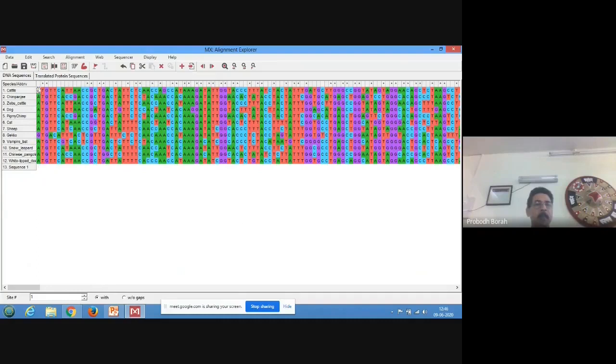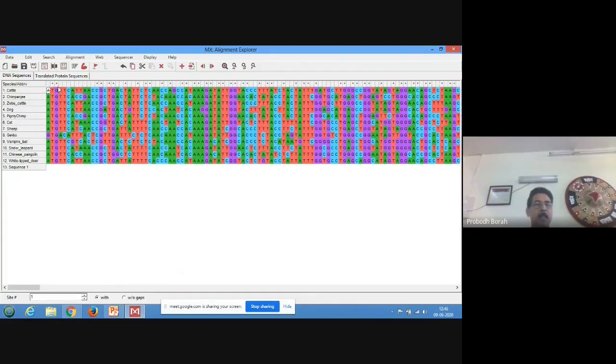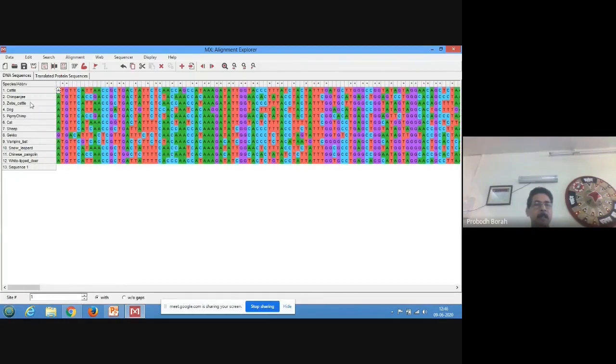Now you see, intentionally I have included sequences from pangolin because pangolin is not within the mammalian species, but even then we have included it in this particular group. Similarly, gecko also we have included it. They are the outliers or the outgroup.